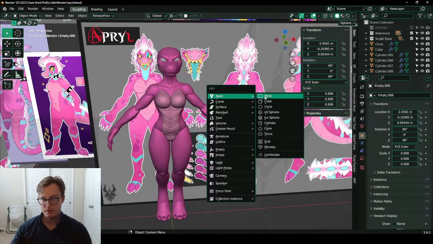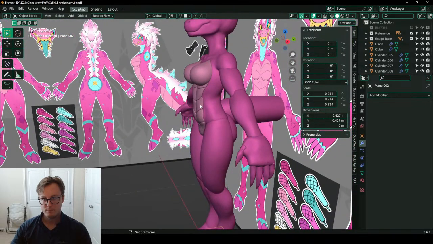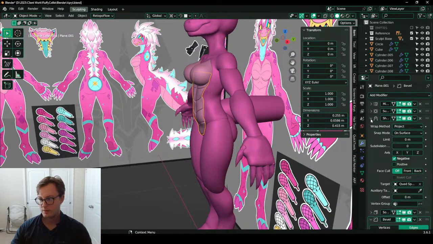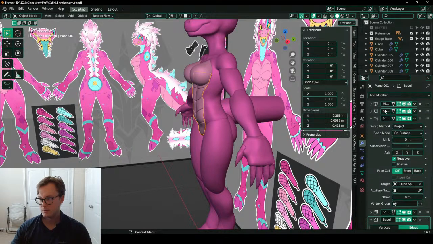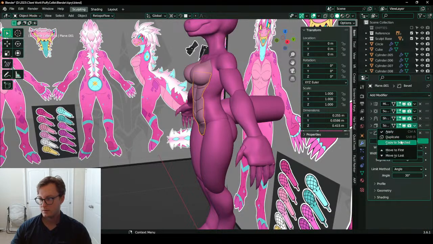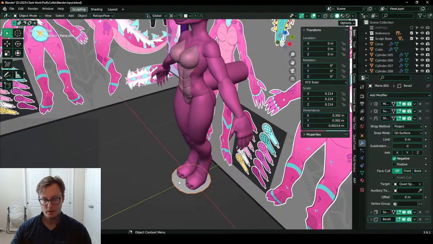So we're going to make another plane. Let's copy these all, I guess. Copy to select. Copy to select. Copy to select. Copy and copy. All right.